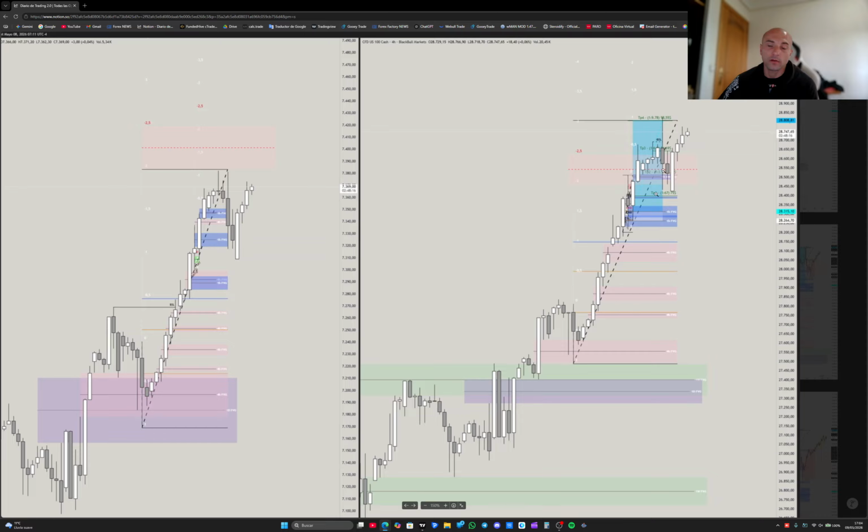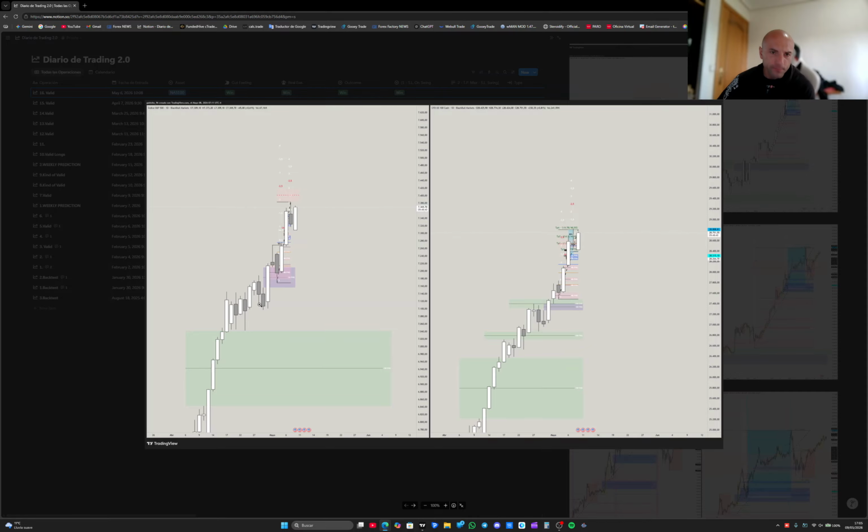coupled with a Fibonacci retracement tool to see where 50% is, so we can go on discount to maybe look for buys. However, we're so bullish that I don't really need to see price retrace so much. I would like just to see price enter a fair value gap and from there change the structure. So in the 4 hours, well, in the daily actually, no,